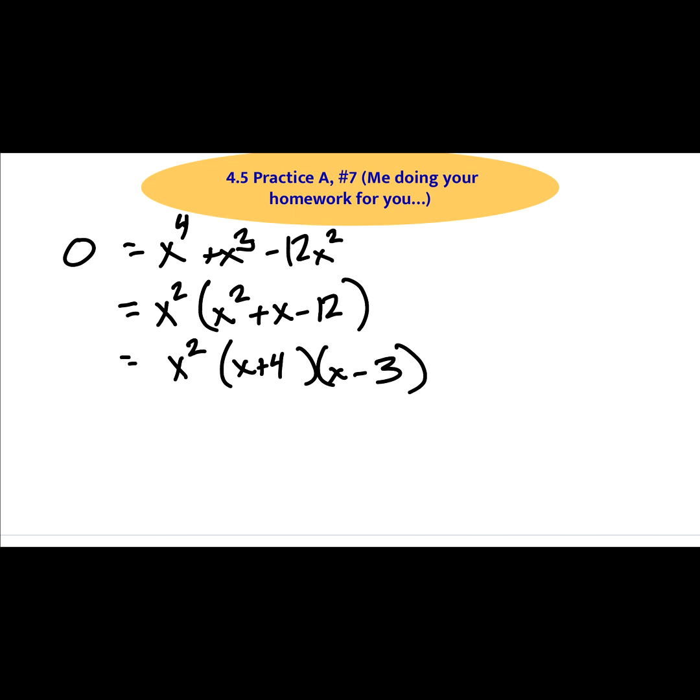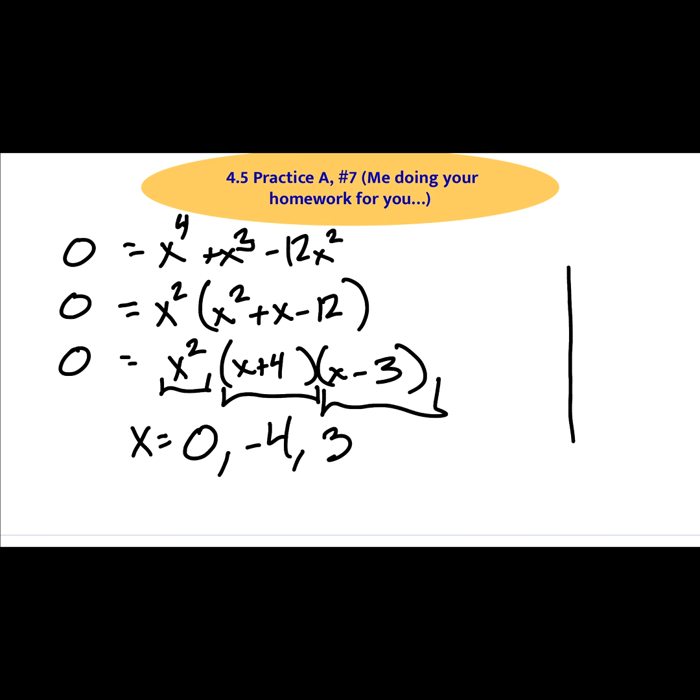So first we factored. Now, based on what we talked about on the last page, what would we do to find the zeros? What are our zeros? What makes this 0? And what makes this 0? So, good. If we look at our graph now, and you need to sketch a graph,